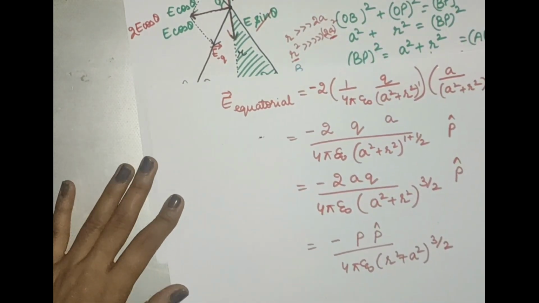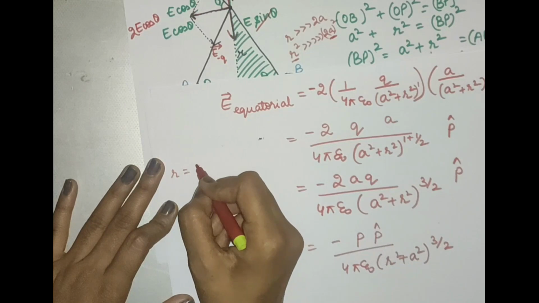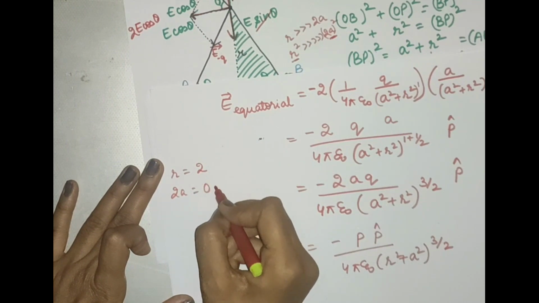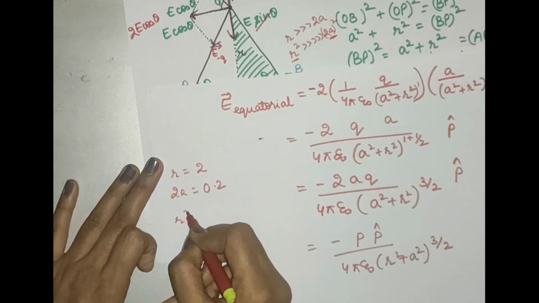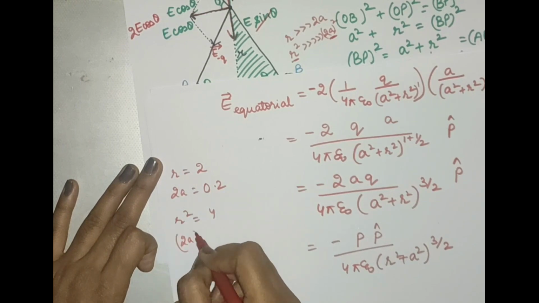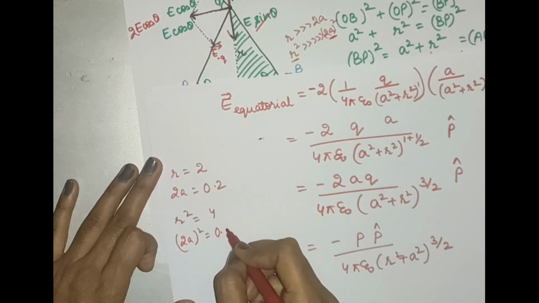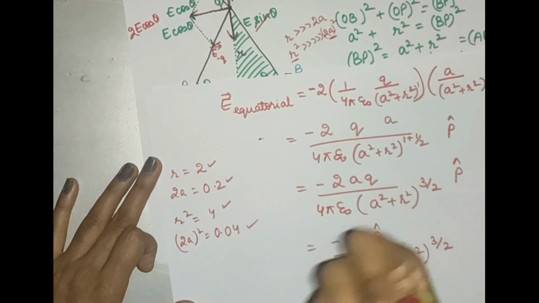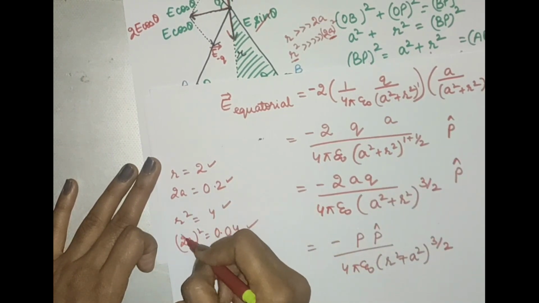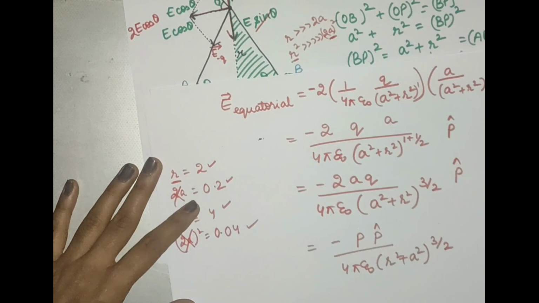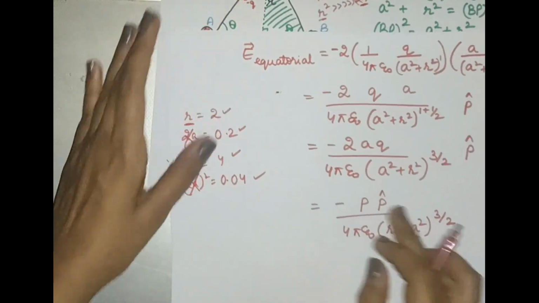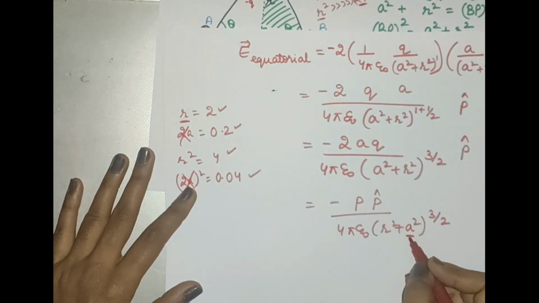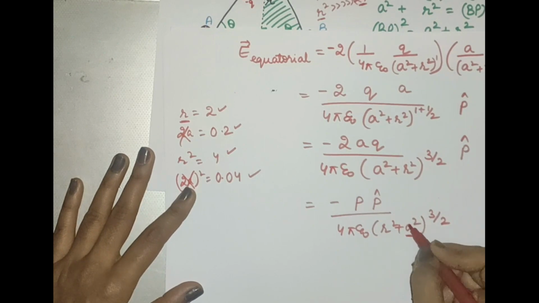If you want me to explain it using an example, here it is. Suppose our r is equal to 2 and 2a is equal to 0.2. So my r square would be equal to 4 and my 2a square would be equal to 0.04. If my r is greater than 2a, then my r square is much greater than 2a square. So I am neglecting my second term with respect to the first term. That is, I am neglecting a here. If r square is much greater than 2a whole square, it will definitely be much greater than a square as well. So I am neglecting my second term.